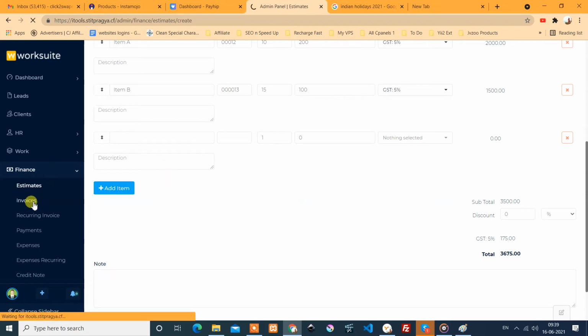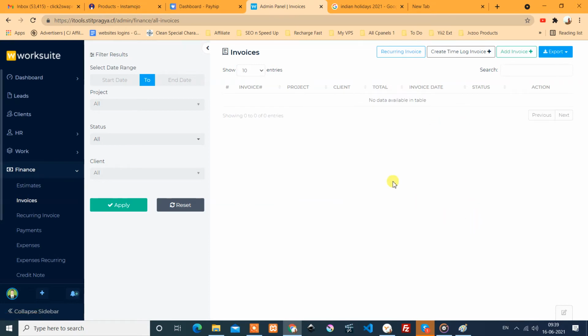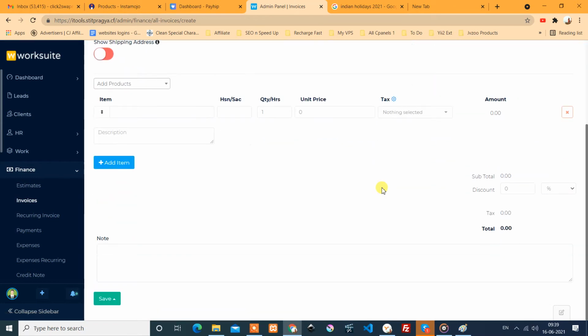Same way the invoice will work. So you can add the invoice, same process, but estimate is just estimation. It does not involve the payment. This is the primary idea. This is the invoice, and you may have the recurring invoice.